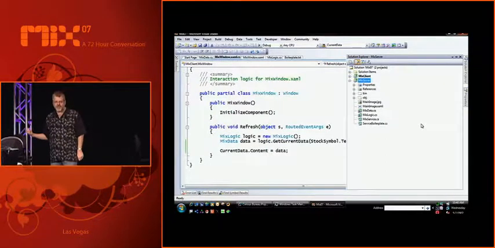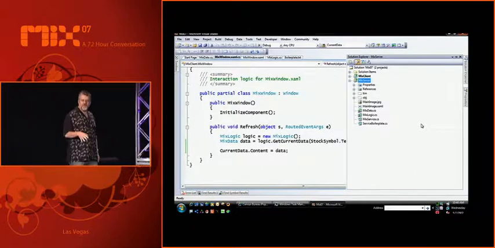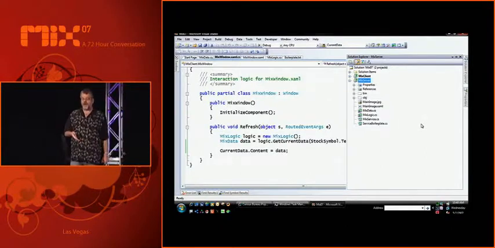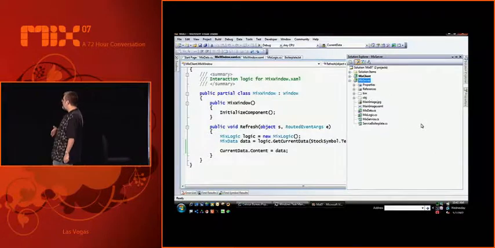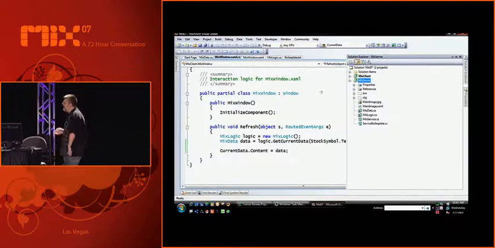And everybody who wants to do apps against this data now needs to have my DLL loaded inside their process. That's not a good way to go. I mean, it's an okay way. I'd like to enable that, but I don't want to require it. So what we're going to do now is use WCF to build an HTTP GET-based service that will serve up the exact same data for anybody to consume.